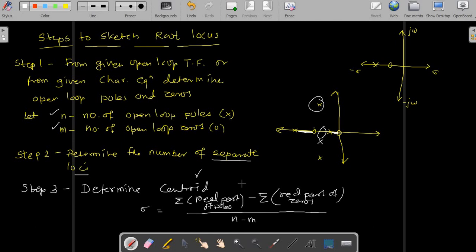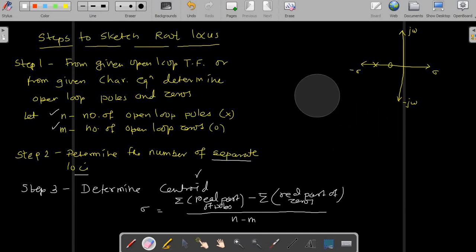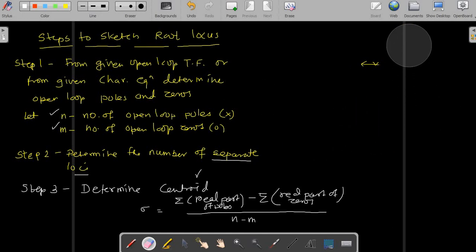And at this centroid we have to determine the angles of the asymptotes. From this centroid, the asymptotes will start. So we need to determine the angle of asymptotes. Now how to determine the angle of asymptotes? Let me tell you. The angle of asymptotes, let me indicate this by phi a, is determined by